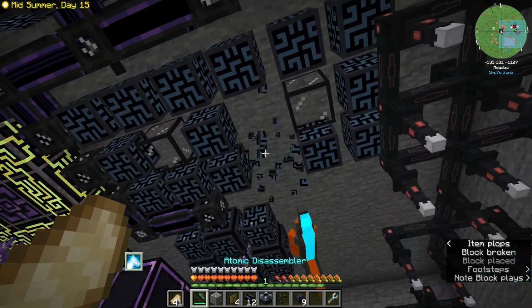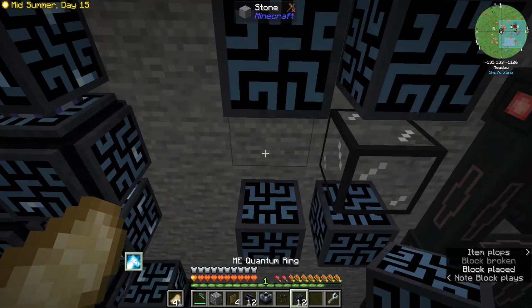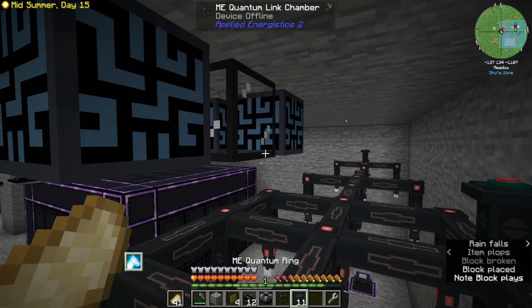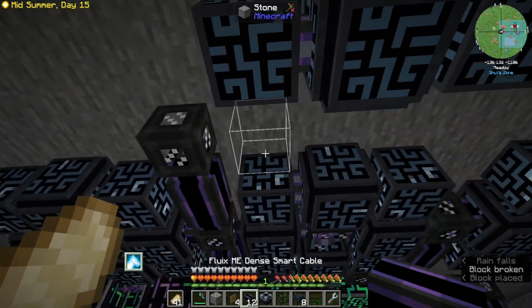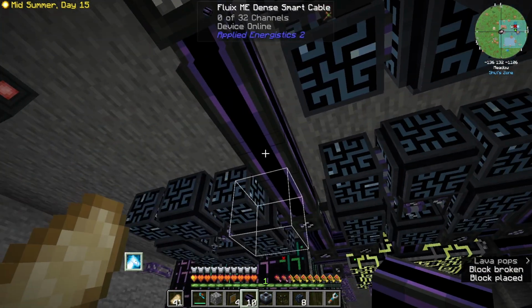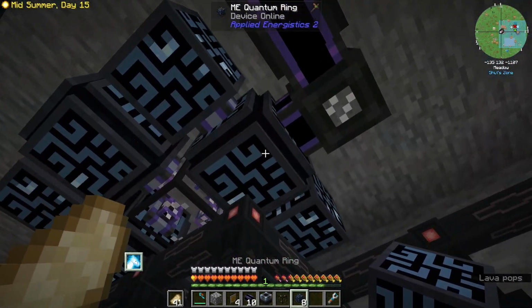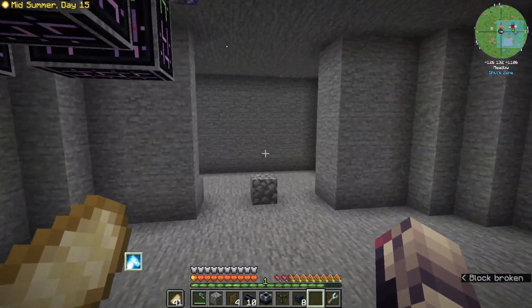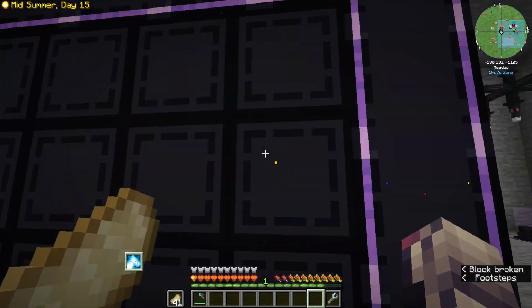Okay, nope, too close. Have to set it one away. I was curious if I could just get away with that, but I cannot. So let's just do a little cheatski doodles and push that back one. Okay, and then we're just going to grab this dense Fluix cable, and that should be good, I hope. Alright, so I will get this stuff ran in the other dimension, get the singularity, get these guys linked,